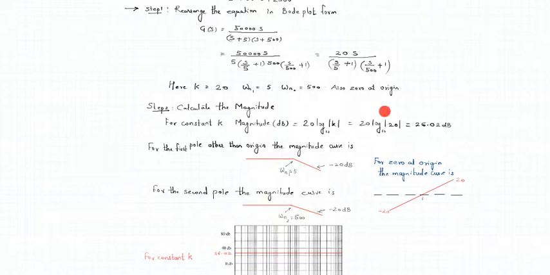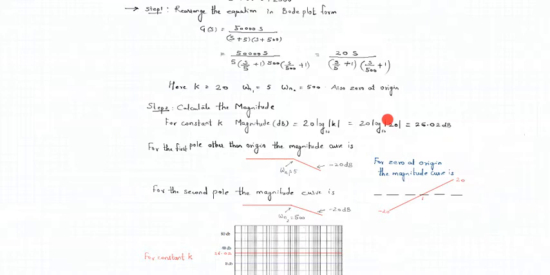And there is one more term, friends, this is important, which is the zero of the system. If you remember the general analysis that we have done, for a zero at origin the characteristic curve is given by this. We start from minus 20 dB, cross the real axis at 1, and as frequency increases, this magnitude goes on increasing. Roll off rate remains 20.